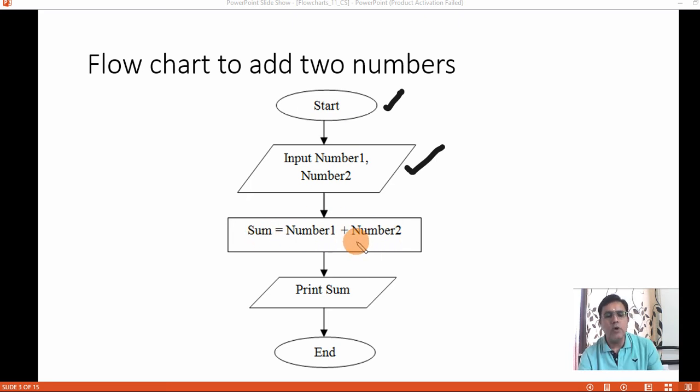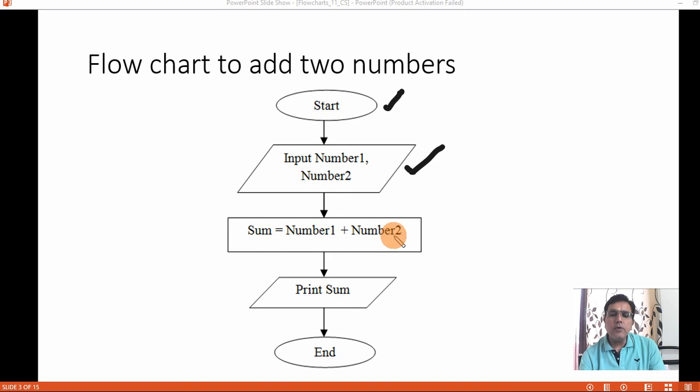So what you will do, this program is adding two numbers, so you will add number1 plus number2, and the result will be saved in the third variable named sum. Again, this is a user defined variable. You can give any name. You can give s or sum, or res, or result.